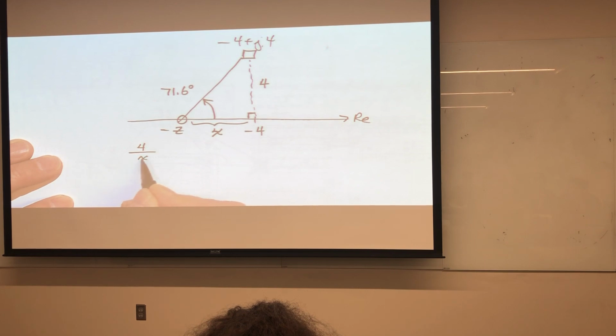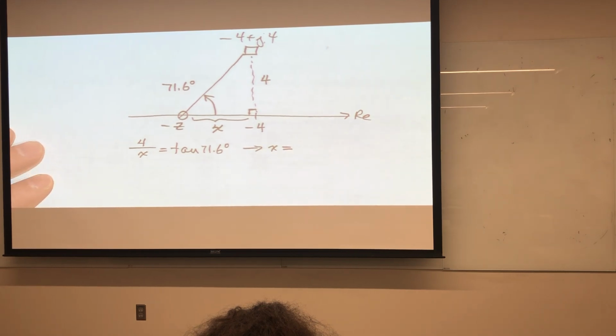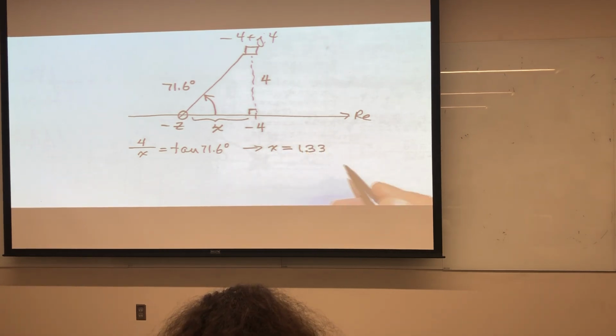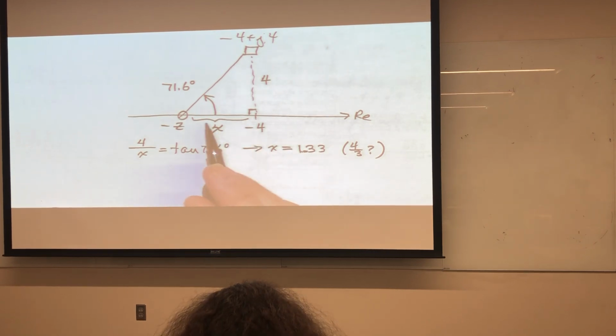So 4 over x is equal to the tangent of 71.6 degrees. So this distance x is 1.33. Probably we didn't do any round off. It might turn out to be 4/3. I'll let you check on the calculator to see if it's exactly 4/3. So if that is 1.33,